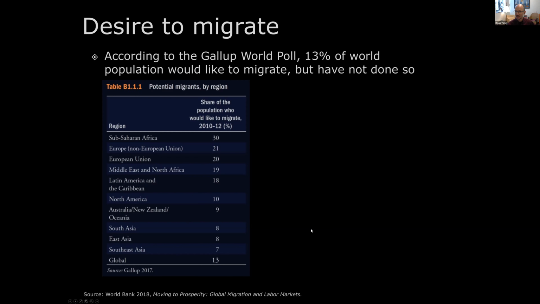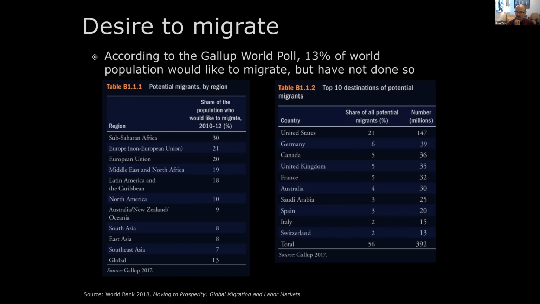Where did people say they want to go? Just, you might be curious, Gallup also asks about this. The number one destination that migrants say they want to go to if they migrate is the United States. So about 1 in 5 intended destinations is the U.S. And then we've got a scattering of other usual suspects here, individual named countries. Saudi Arabia shows up here in the top 10, reflecting the fact that the Middle East is a major destination of labor migrants on the planet, as those of us who study international migration know quite well.